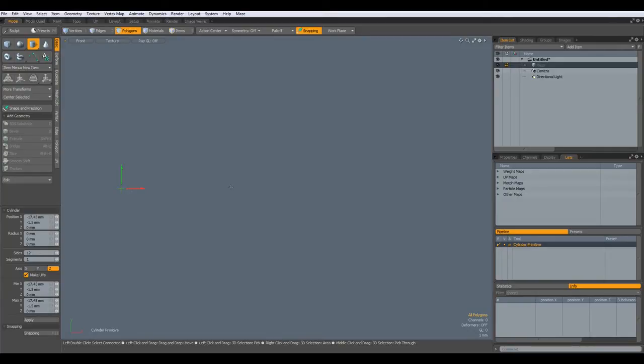Hello everybody. This time I would like to model a shock absorber. The most interesting part in it is the spring. So let's start with it because it will also dictate the rest of our model. I go to